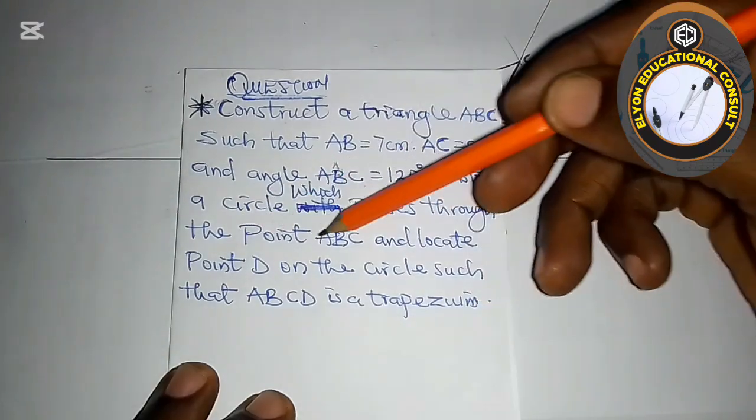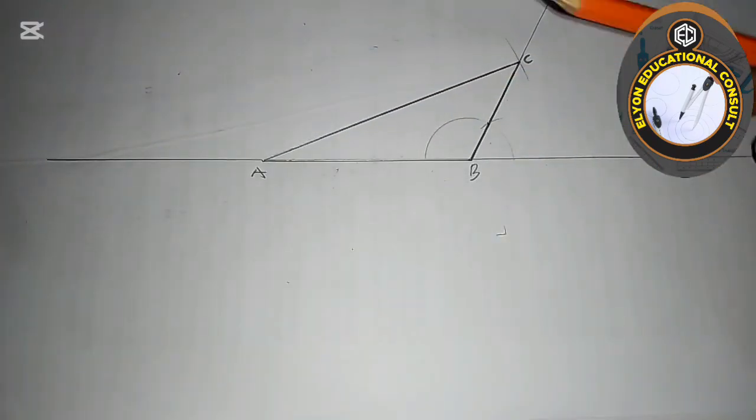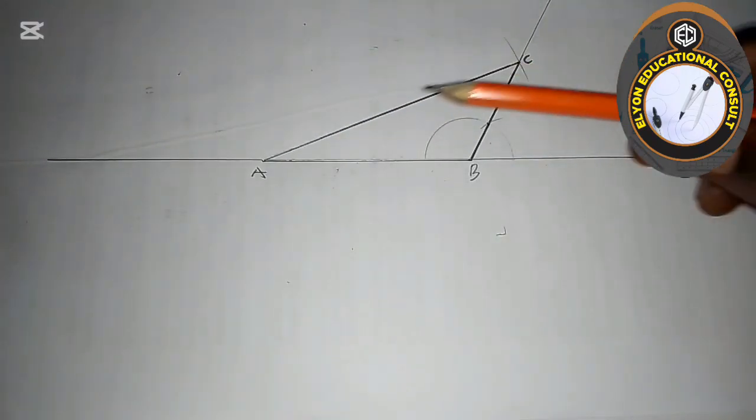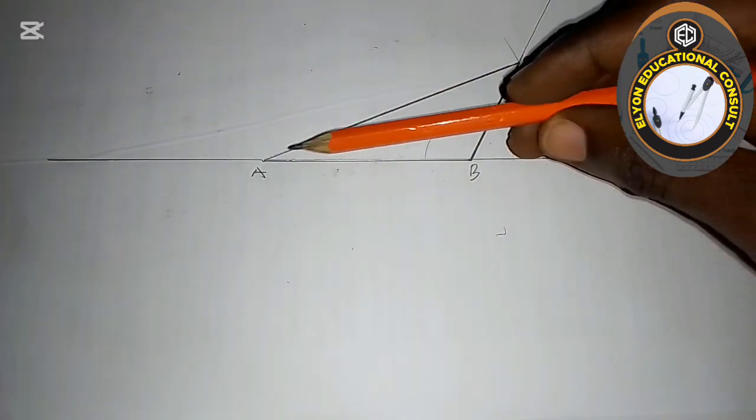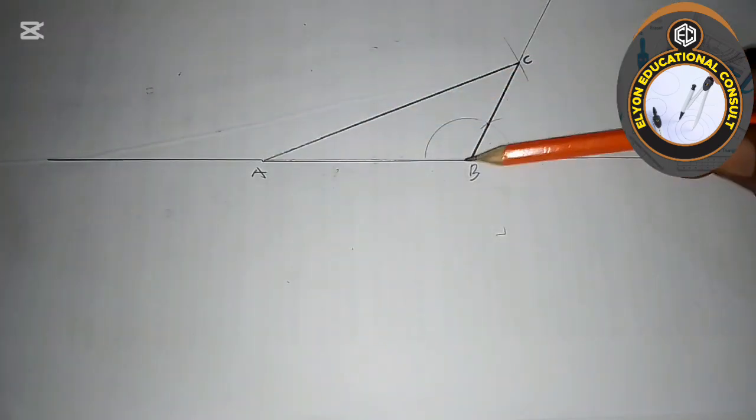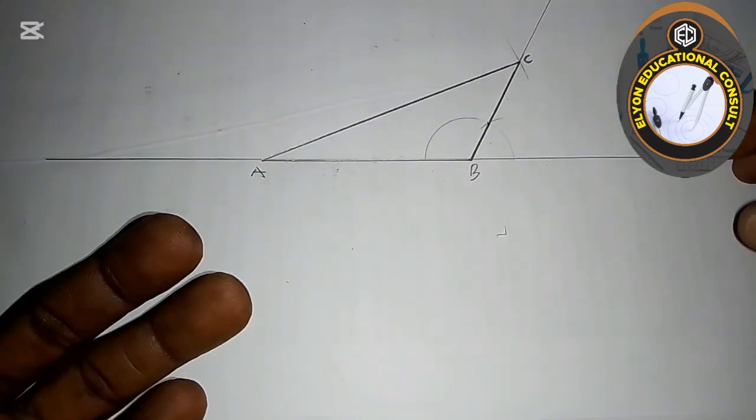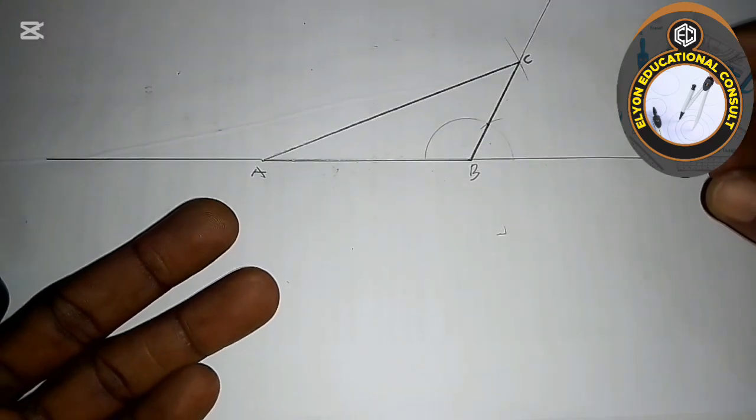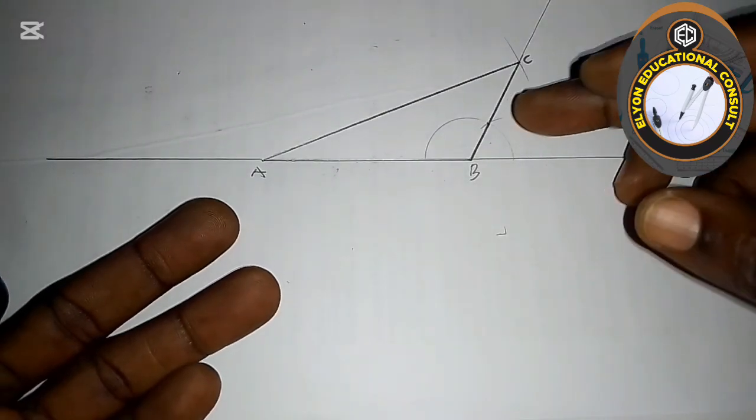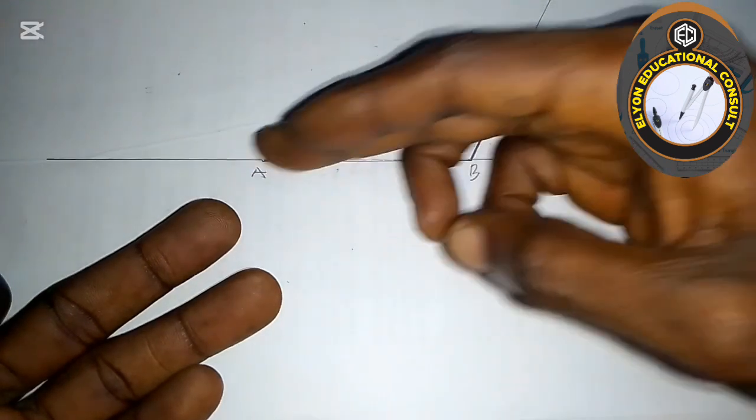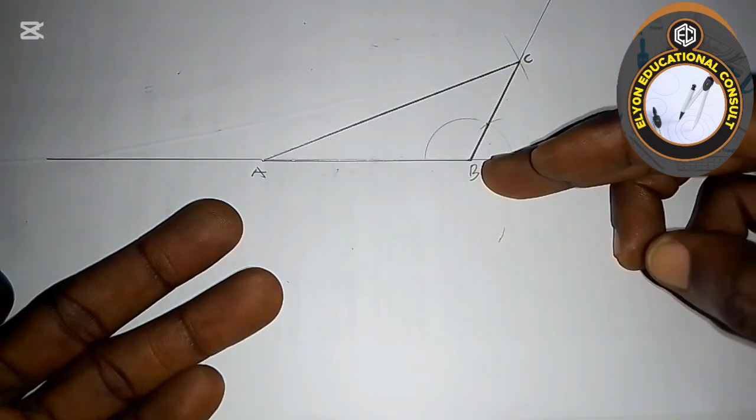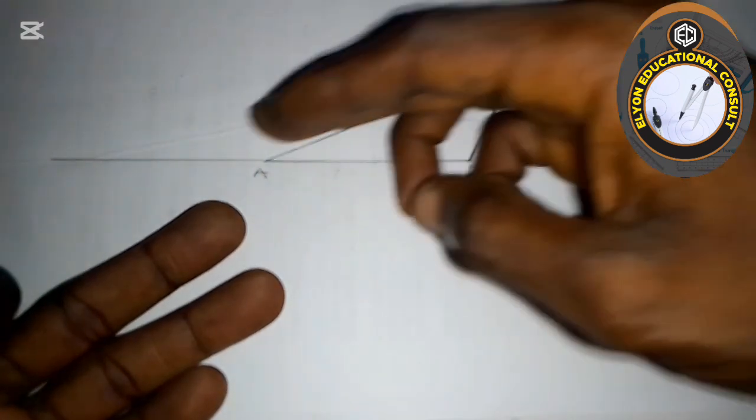The next thing we are told to do now is to construct a circle which passes through the points A, B, and C. The circumference of the circle must touch A, B, and C. That is a very simple thing to do. What we are actually going to be doing now is drawing a circumscribed circle, such that it's going to be touching each of the points of the